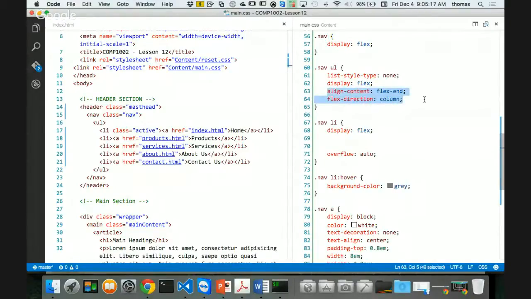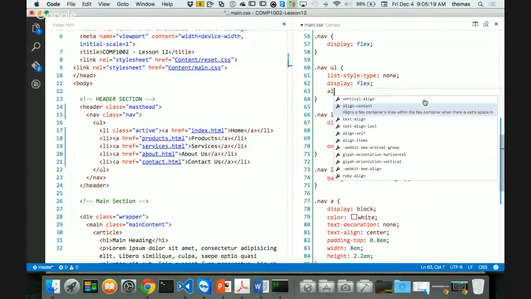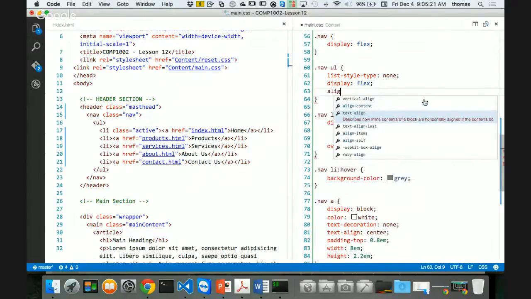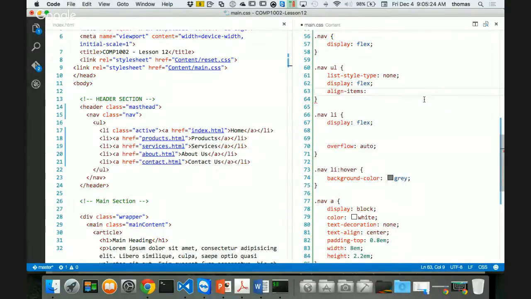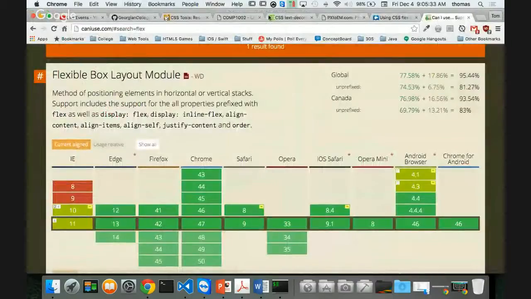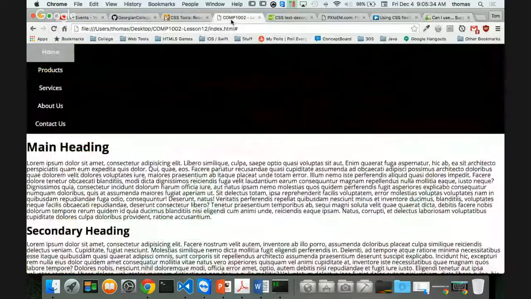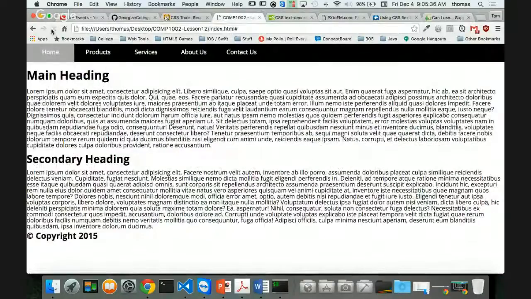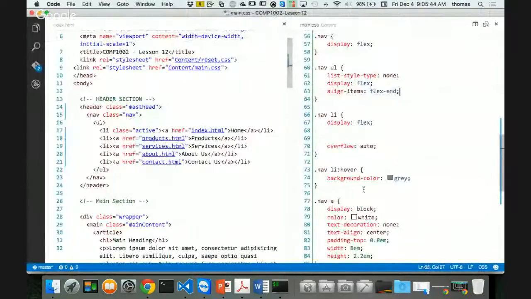So say instead of a flex direction, I can use align items, right? And if I press Control Space, I can say center, flex end. Let's do flex end, see what that does for us. Align items, flex end. And if I go back to here and refresh, what happens? Back to this, right? So it kind of takes care of some of our issues